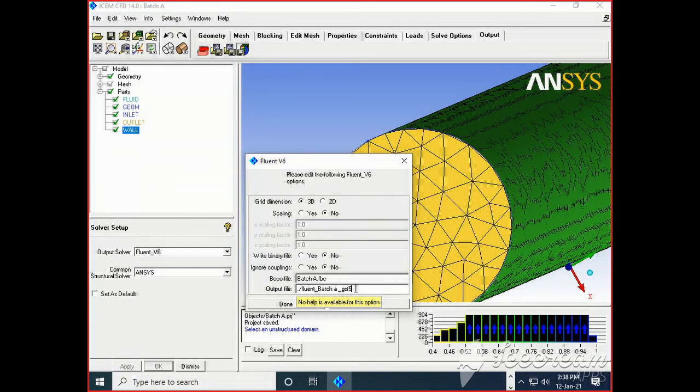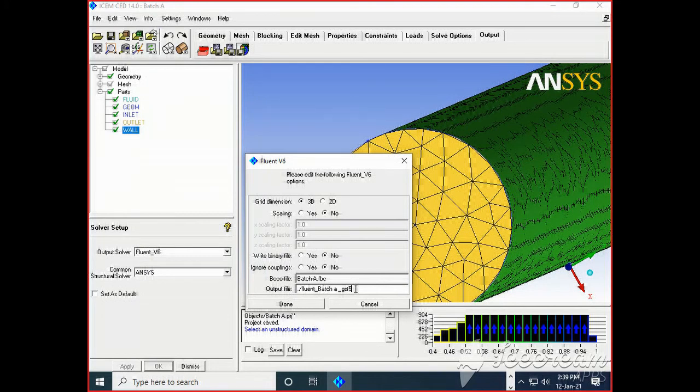When you go for a grid independent study, which means finding which mesh count is best for our geometry, I have a separate playlist for grid independent study. Those who do research and are willing to go for paper presentation or paper publication in a good journal, at that time a grid independent study is required. So I have prepared separate videos.